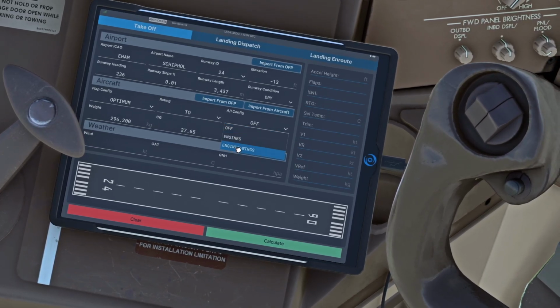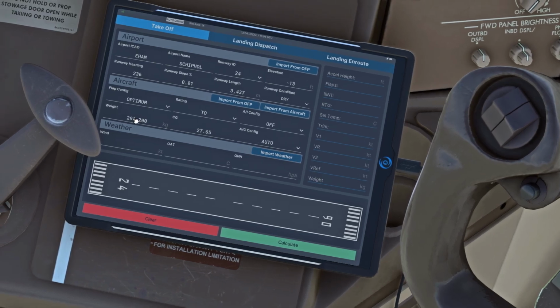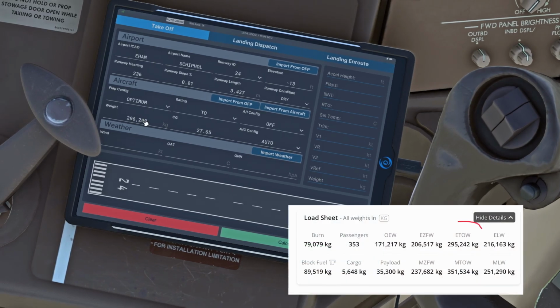Anti-ice config: if you have any expected anti-ice use, you would be able to enter that here. In this case, we're going to leave it off. Now the weight, as you saw on the SimBrief flight plan, let's take a quick look. We have an estimated takeoff weight of